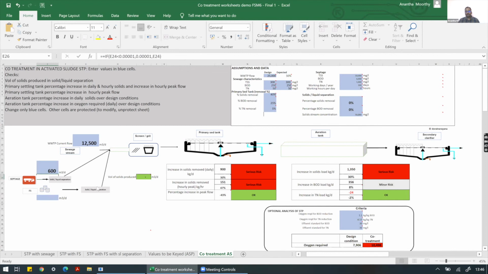So you can see there is a serious risk in terms of solid removal, solid loading. There is a minor risk in terms of BOD loading. And also there is a significant, serious risk on the oxygen requirement. So now you can downplay the number